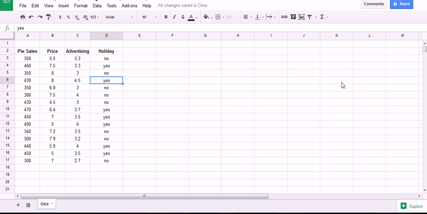Hi guys, in this video we're going to apply multiple regression to this data set. This is a data set that we saw in the Introduction to Multiple Regression lecture series, and we also saw output for this data set as far as multiple regression output was concerned. We created two models on this data, and we're going to go through all those calculations and computations using Google Sheets here,